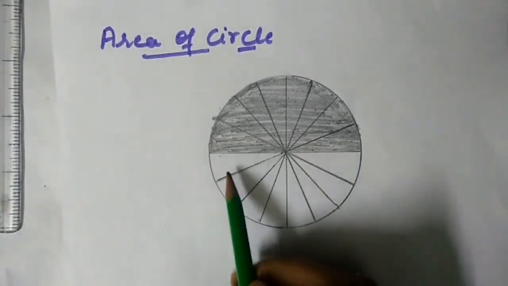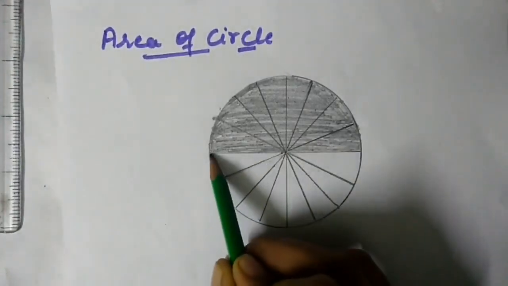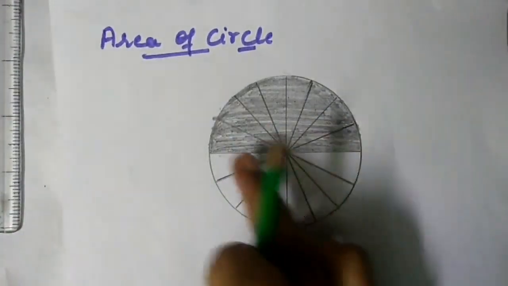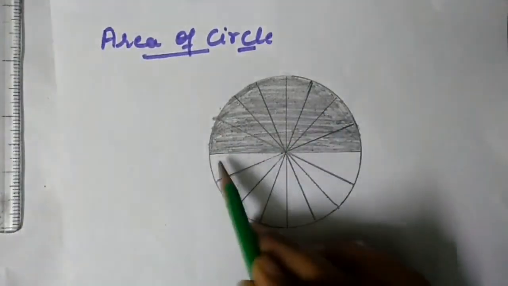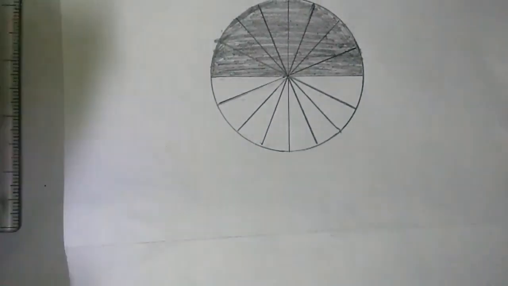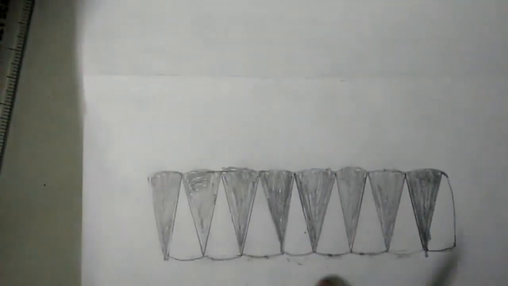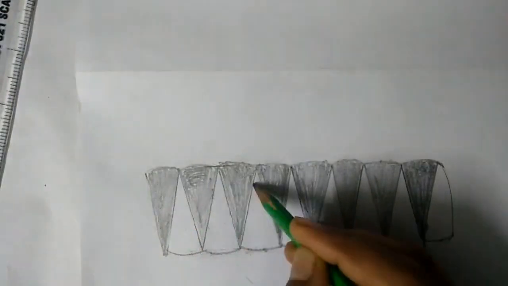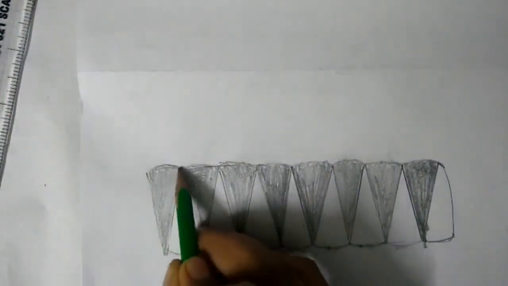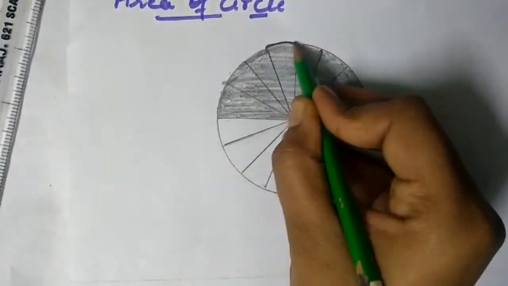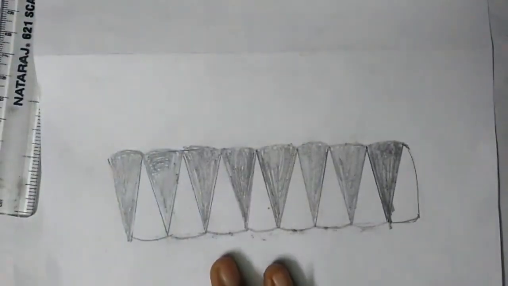Okay, after that, what they are saying is we have to take the cutting of each equal part. This equal part and this equal part. Then we have to paste each piece in such a way as I have pasted. Half that are dark shaded I have pasted this side. They are a little bit circular because these pieces have a circular arc. Okay, so these are pasted. After taking the cuttings we have to paste them in this way.